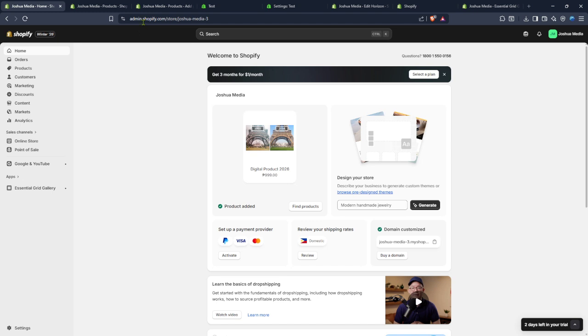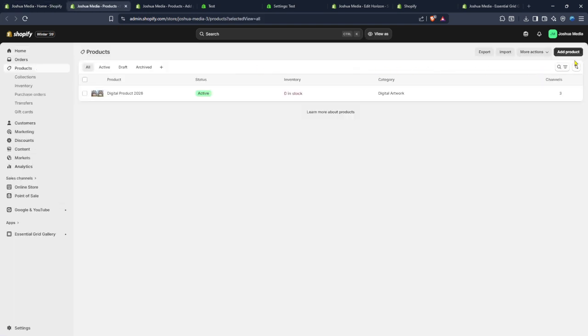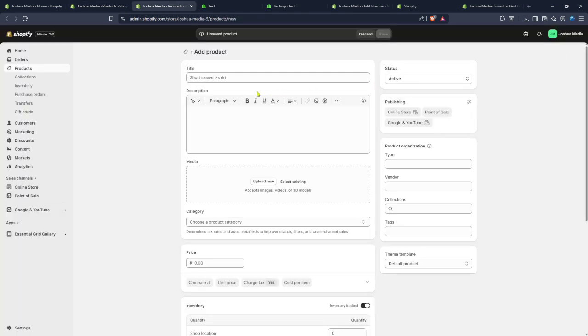Start by opening your Shopify admin. From the main dashboard, look to the left-hand sidebar and click Products. This is where all your items live and where you'll manage their images and media. If you're creating something new, choose Add Product at the top right. You can give your product a title and any basic details you need, but our focus here is the media